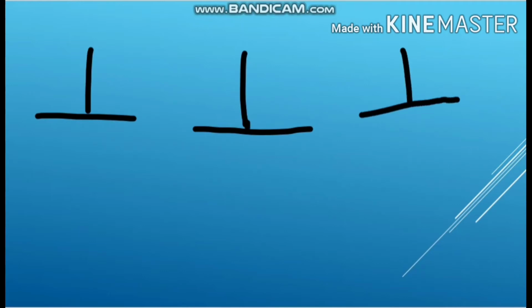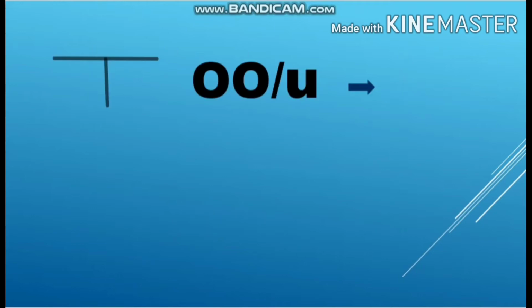The next one is O. It's not like the English O, it's just O. For this, you need to draw a line from top to bottom, then left to right. Just practice along with me: top to bottom, left to right. While writing, you should draw a straight line, not a cross line. It makes a sound like oven. Oven.